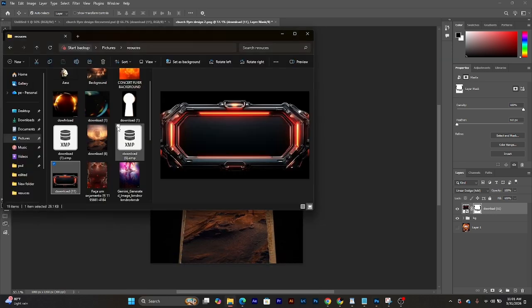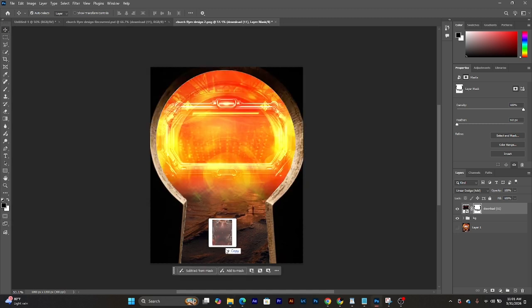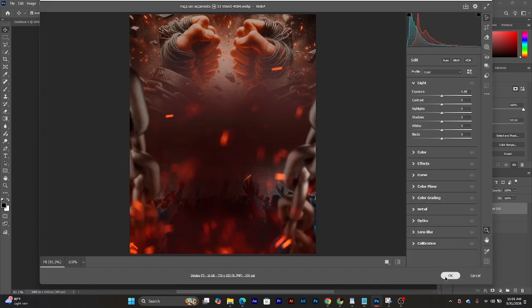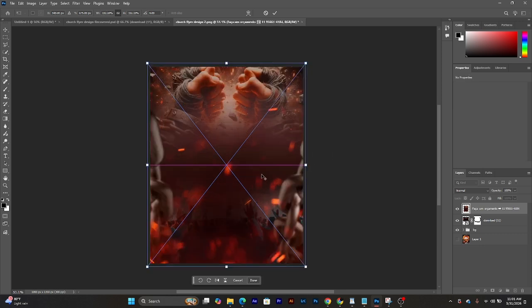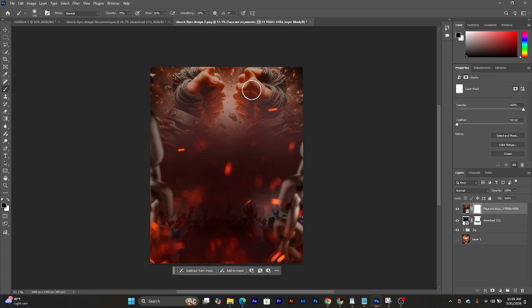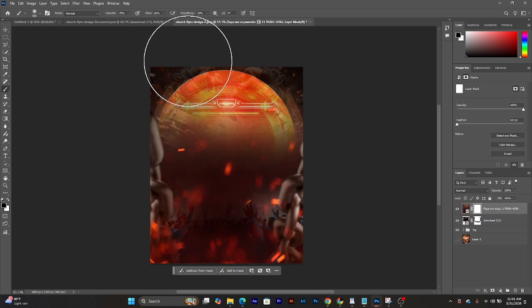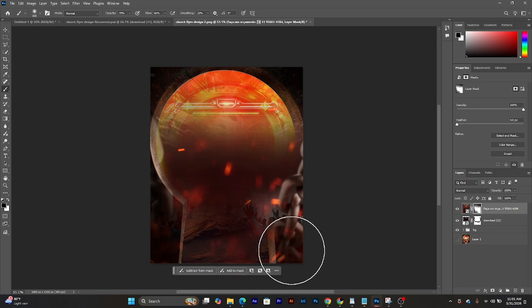If you're done with this one, then you come over to this place, you drag and drop it into Photoshop. It's loading, then you click on OK. We are not adjusting anything. If you're done with this one, add an adjustment layer to it, your brush tool B, then you work on this, you work on it,